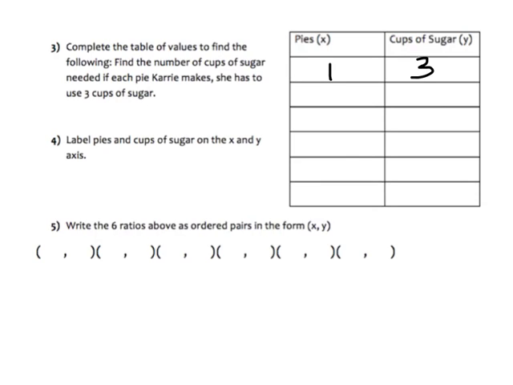Once you fill out the rest of this, you're going to go in and use these as your ordered pairs to plot them on a coordinate grid. So pies are x, so they go first, 1 and 3. Remember, x,